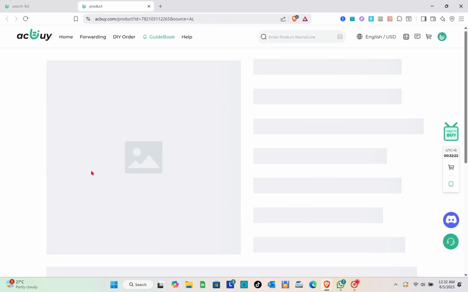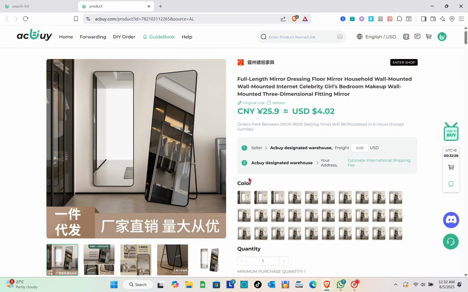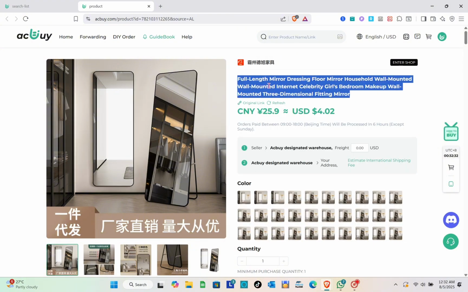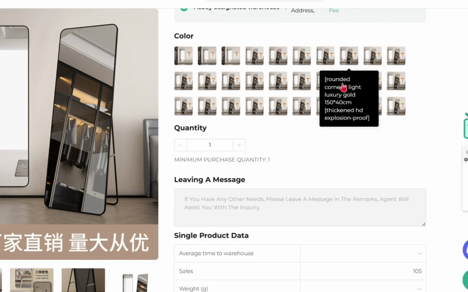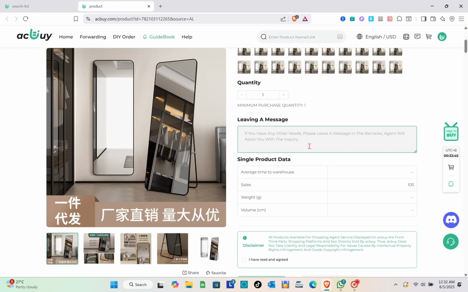Now let's click on this product, and after that, we can now see here the full details of the product. So you just have to zoom in the product to check the details. And right here, you have the full name of this product. Okay, and then the currency and then the equivalent amount in USD. So we have $4.02. Then we have the color, the quantity,